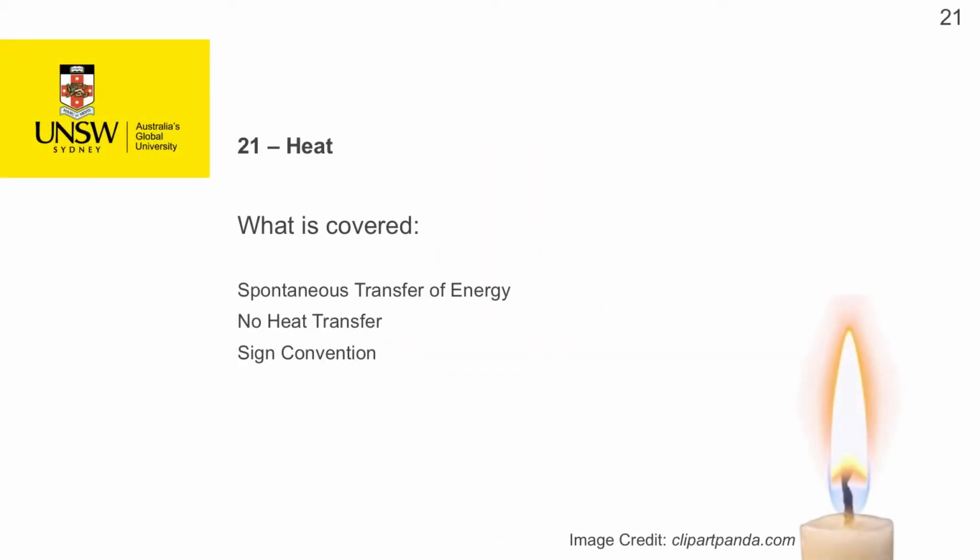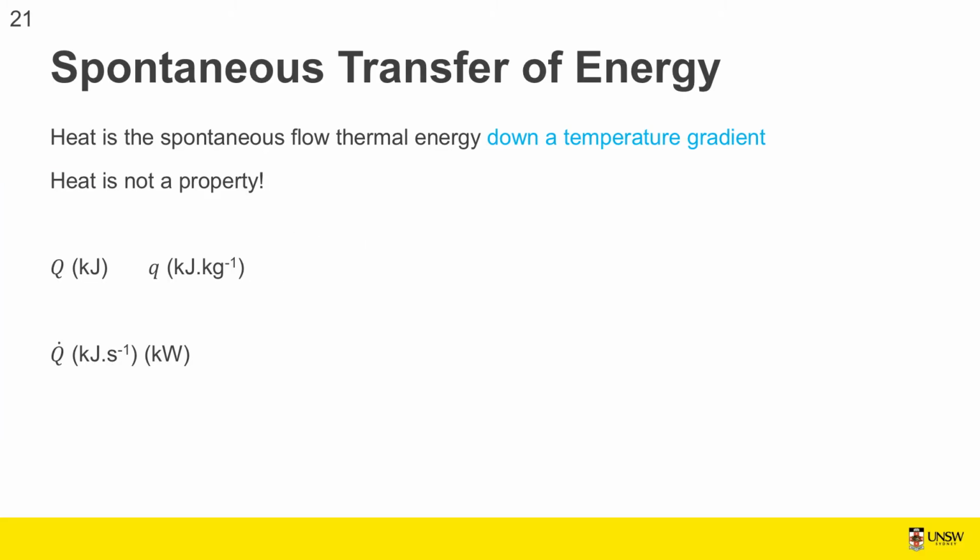Let's talk about heat really quickly. Heat is the spontaneous flow of thermal energy down a temperature gradient. So heat is what happens when you've got something hot and something else that's cold, and they can interact somehow, right? The hot thing loses thermal energy in the form of heat. So it has a negative heat action,